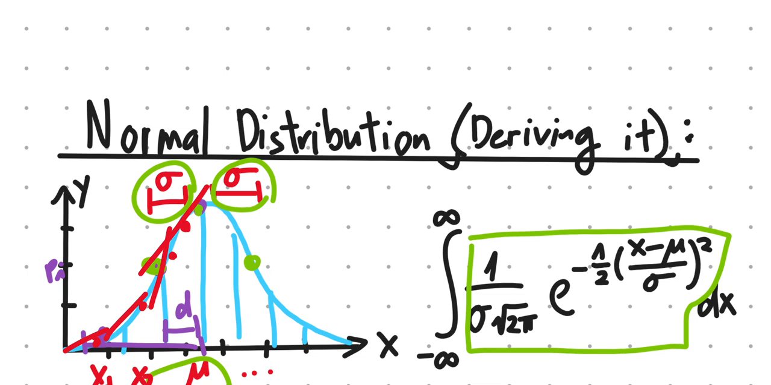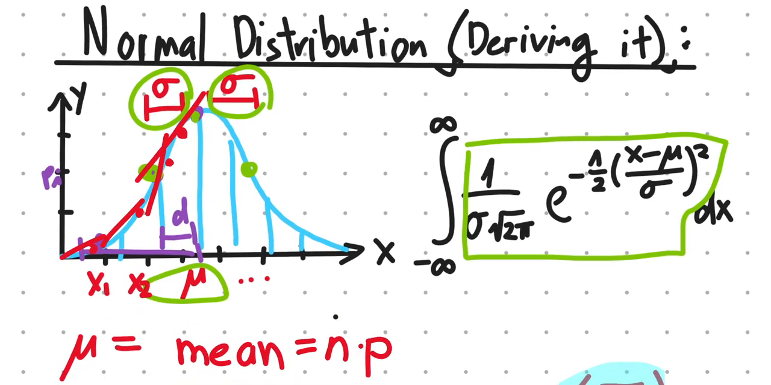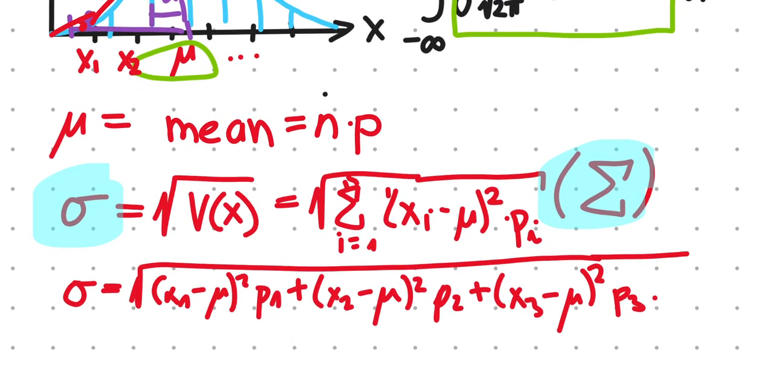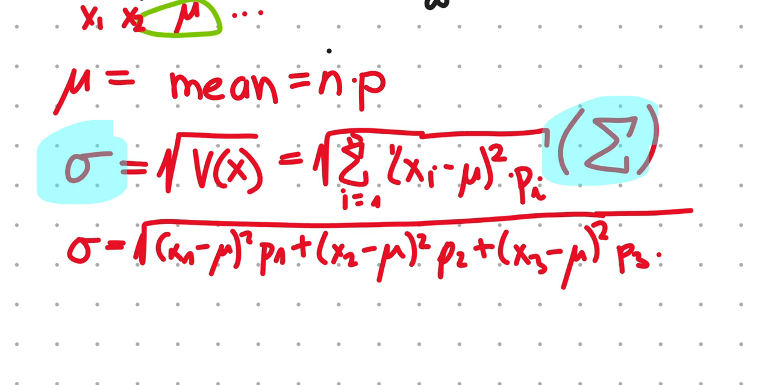Yes. So to introduce the mean, the variance and also the standard deviation, I'm going to talk about the mean. The mean is very simple. We calculate the mean by multiplying the number of trials by the probability of the outcome. Now, the sigma notation is also called the standard deviation, which is just the square root